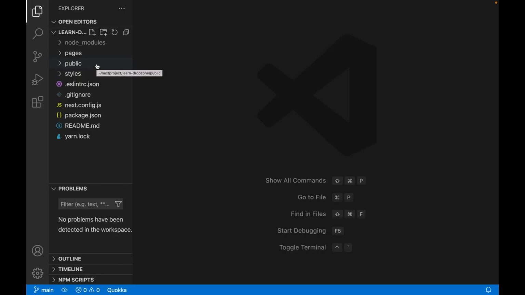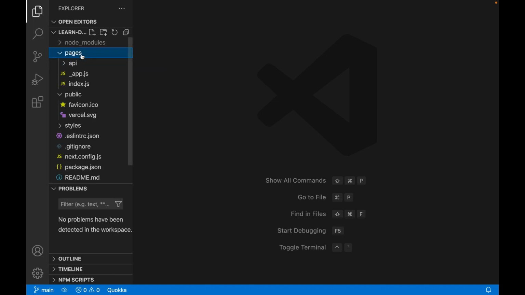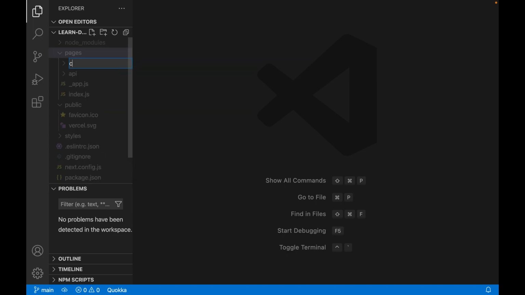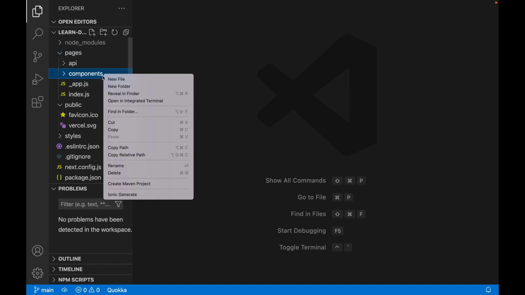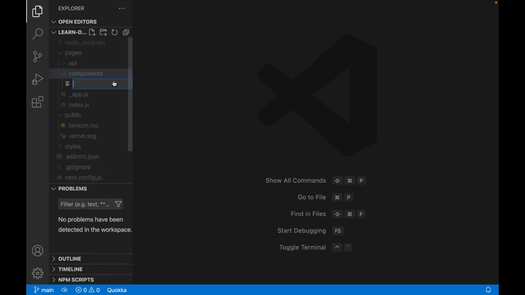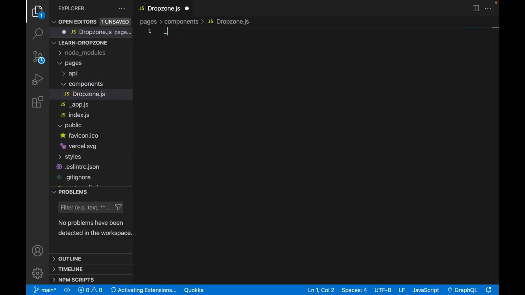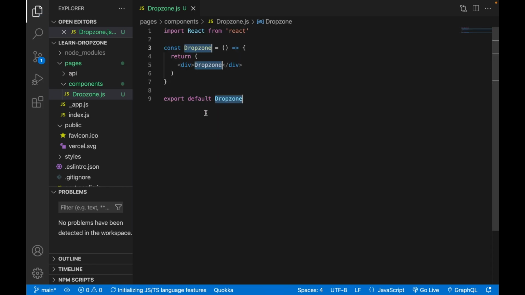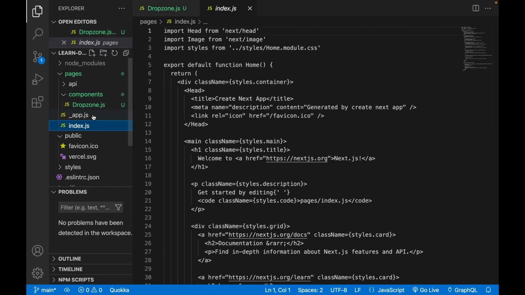Now we are going to create a component, so we go to the public, go to the pages and create a new folder called components, and then under the components we create a new file called dropzone.js, and then we type RAFCE. Now we create this component, and then we go back to the index,